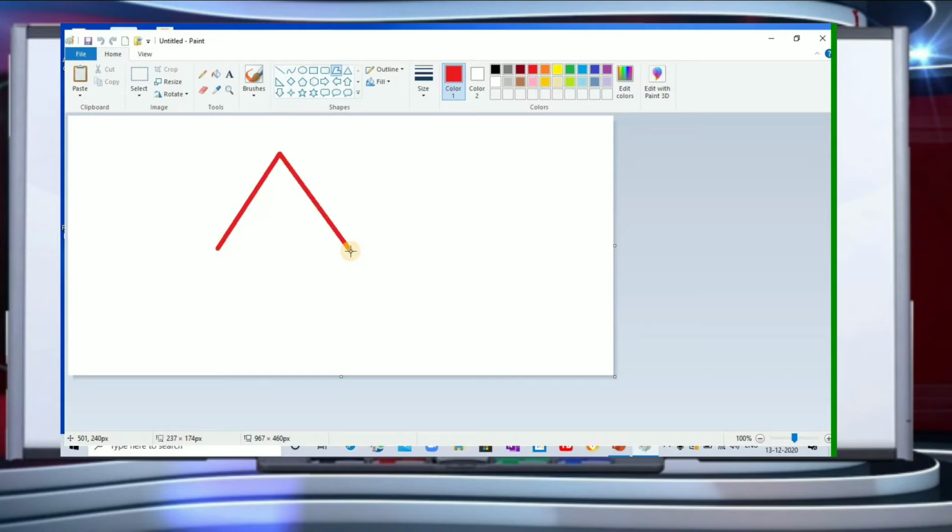See, I clicked, and a line is drawn here. Now if I want a line to be drawn here, I can click here. The line is drawn. Now if I want a line here, I'm going to go here and click. Now if I want the line here, I can click here, and the line is drawn this way.